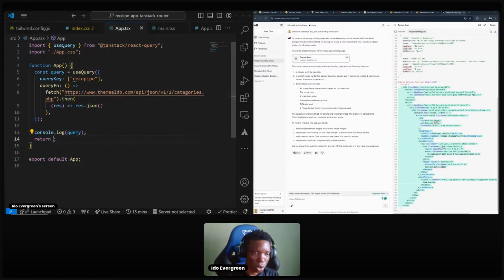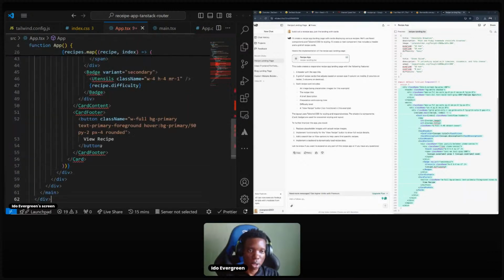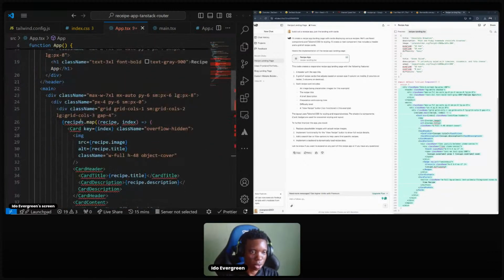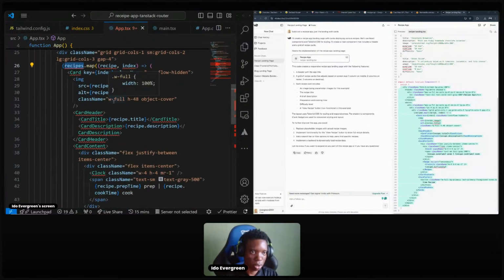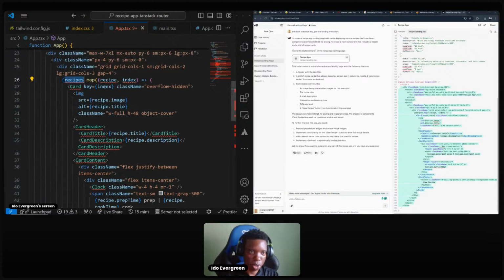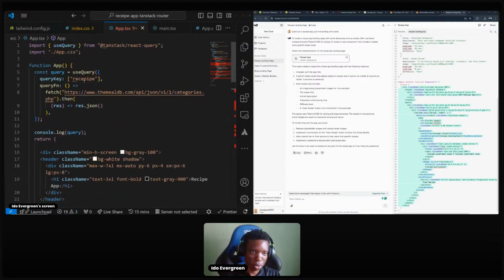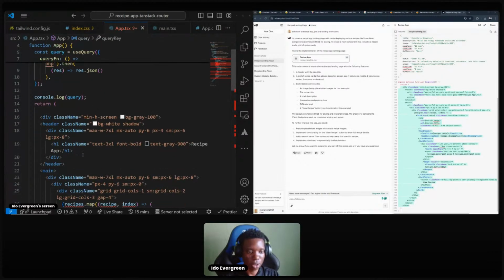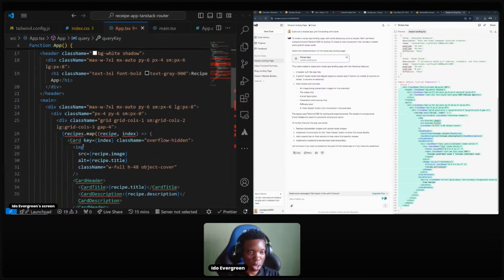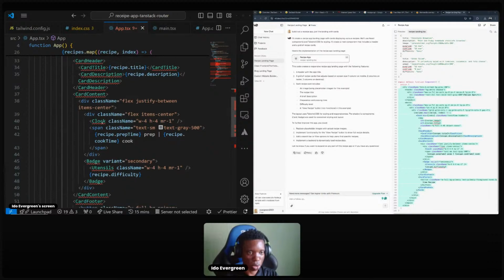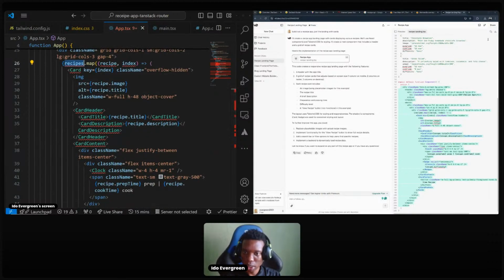Cool. So we're just gonna return some JSX. There are quite some errors already on the page, the recipe map, recipes. Okay, I think we just renamed this. We kind of spelled it wrong. Interesting. So we're just gonna say recipes, and we're gonna show our recipes. We're showing on header, and